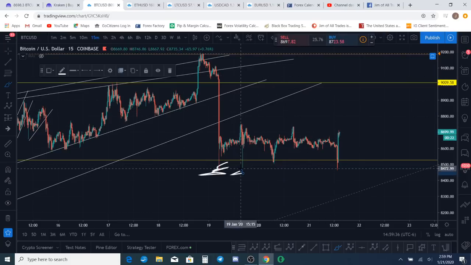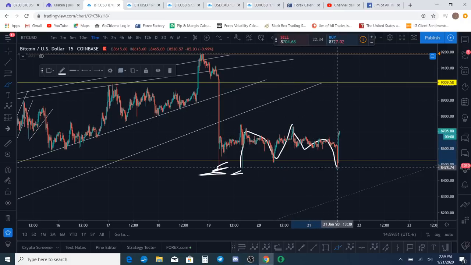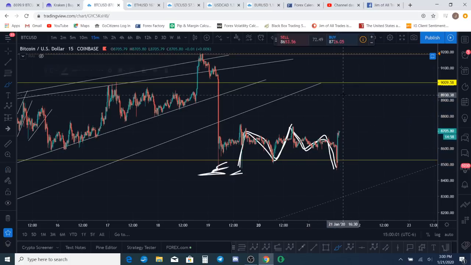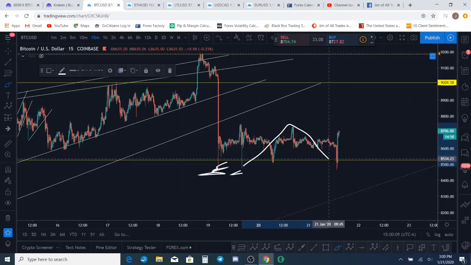So with that being the case, this looks like some kind of an A, B, C like that, or a WXY like that, a 333 maybe. And then we've got another 3-wave move here. So there's a 3 wave and a 3 wave, and now we're probably getting a 5 wave, which is what we would call a flat, guys. That would be a flat, a 335. So that is a possible way to interpret this wave right here, that we're getting a flat correction.